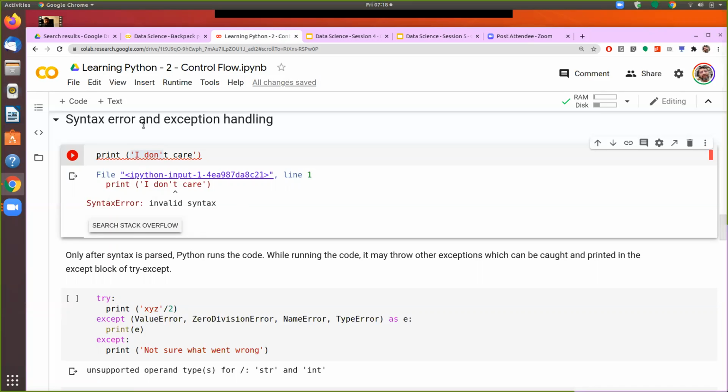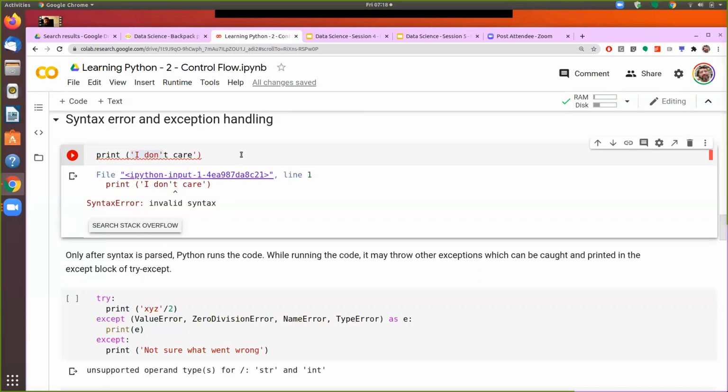And that's the difference in Python between the syntax error and the exceptions. Exceptions can be of different types, and we will see some of them. If there is a syntax error, it will show you. And then I'll also show you how to handle the exceptions. But the syntax errors can't be handled through exceptions. So that will show as a syntax error. We can catch and handle the exceptions in a different way that we will see here.